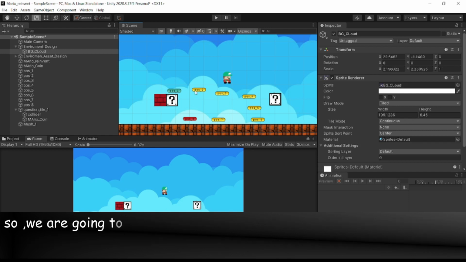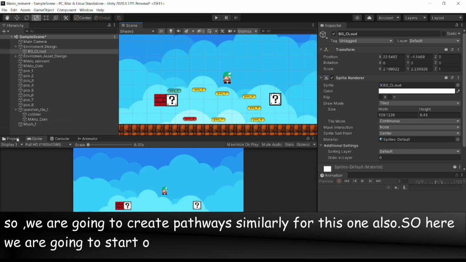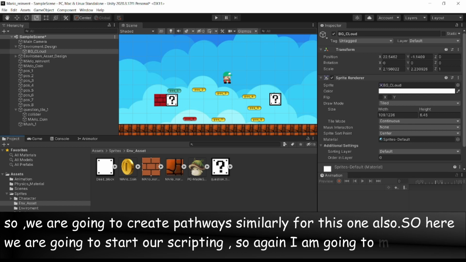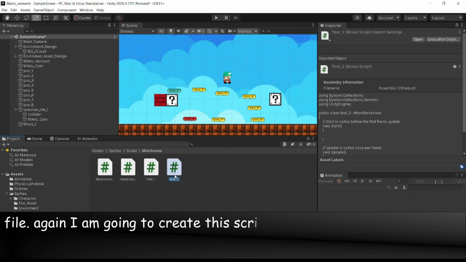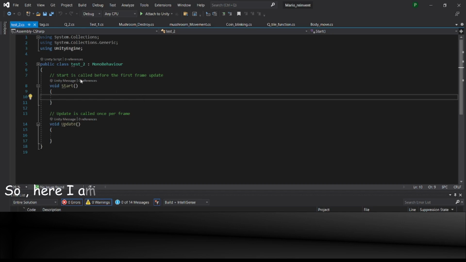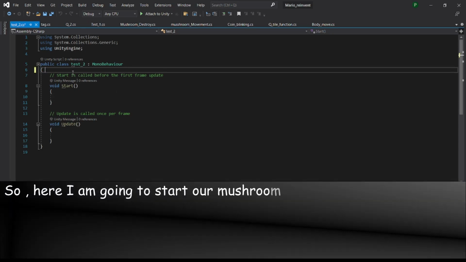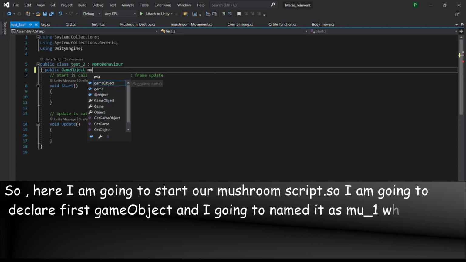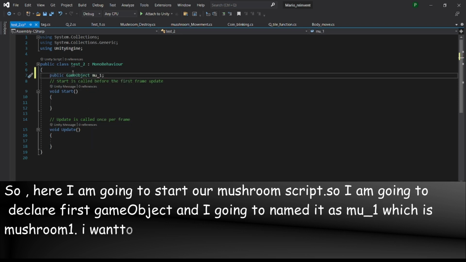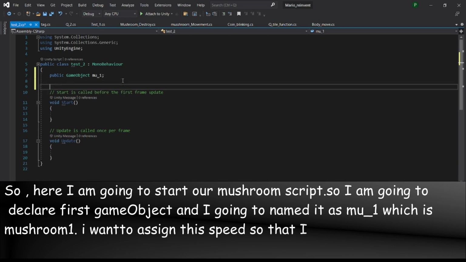We're going to create this pathway similar to this block also. So here we're going to start our scripting. Again I'm going to my mushroom file and create this script, which is test2. Let's open this. Here we're going to start our mushroom script. For that I'm going to declare our first game object. I am going to name it mu1, which is mushroom1,